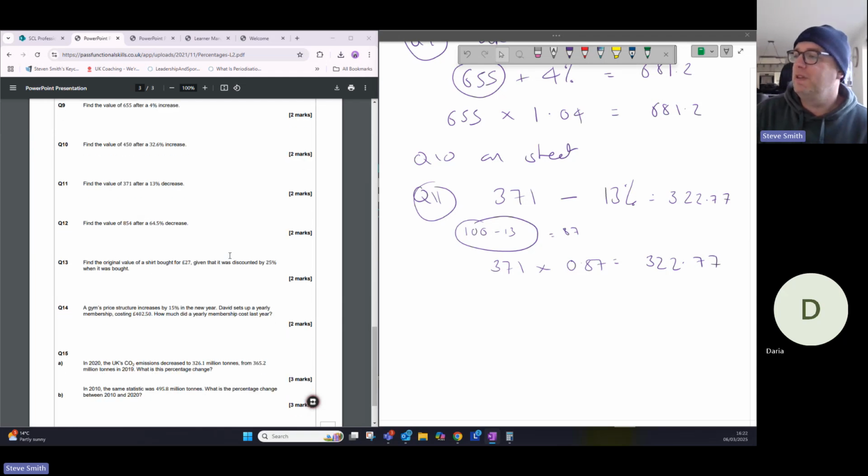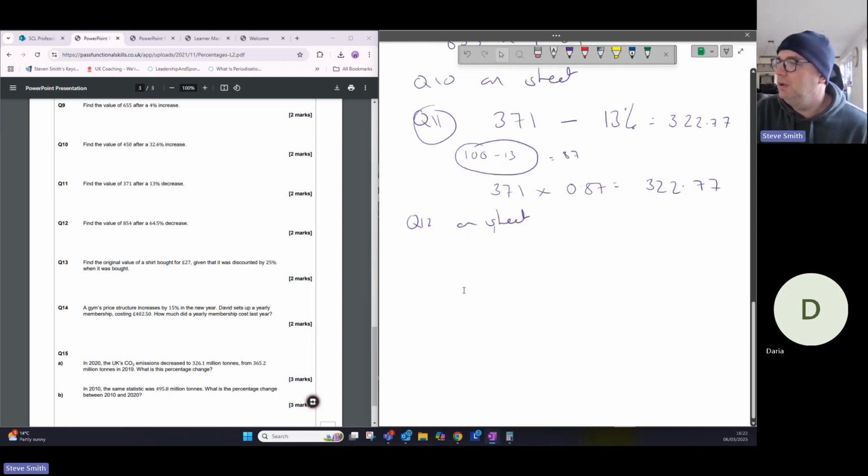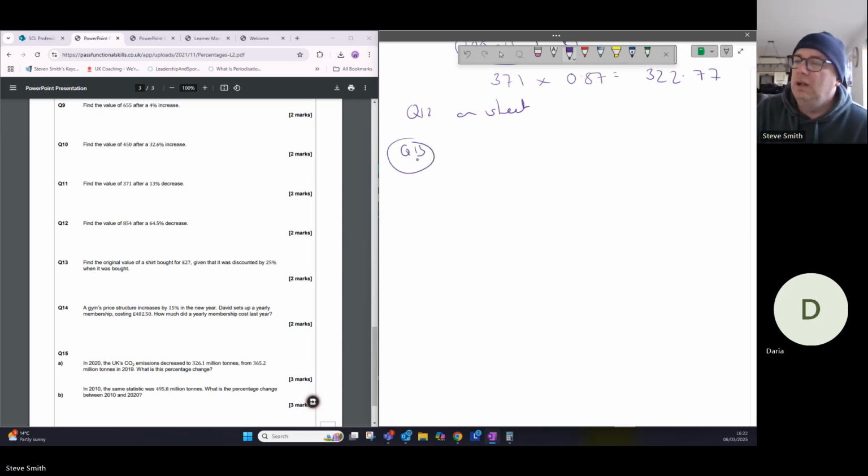Find the original value. Okay, so this is where we're getting good again. So these sort of questions, always think about which is my 100% value. So 12 on sheet. So scroll down to question 13. Question 13. Right. Find out the original value of a shirt bought for £27, given that it was discounted by 25%. So shirt